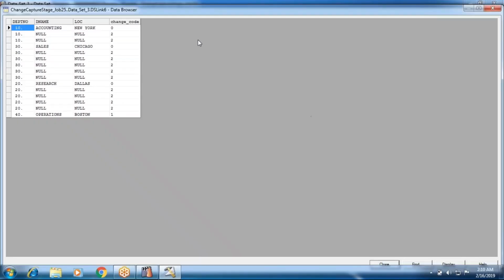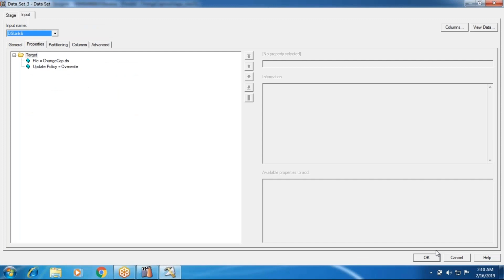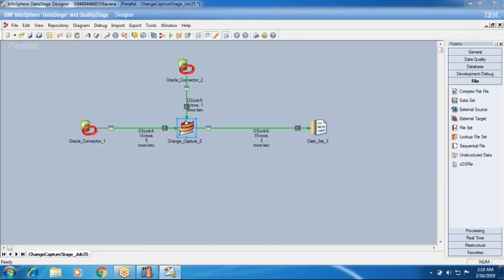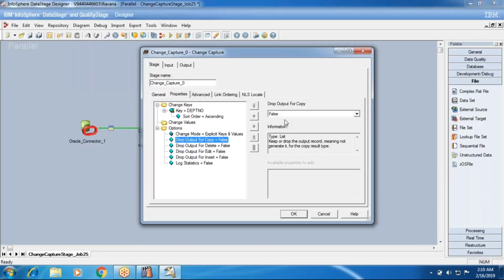See now, 10 accounting, 20 sales, 30 sales, 20 research, operations. See, for one record you are getting the information, and in the first run you did not get these records to the output. Why? Because your drop output for copy records is true. Sorry, it is true, and I made it false. True means what? Drop output: they don't go to the output. Drop them before the output. Which records? Copy records. Copy records means what?